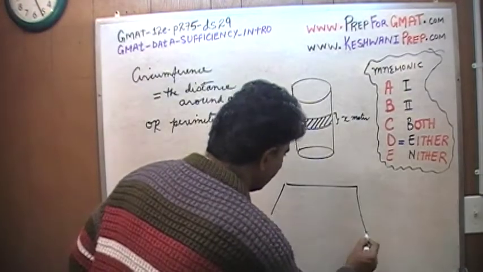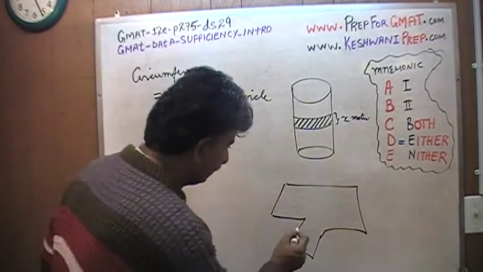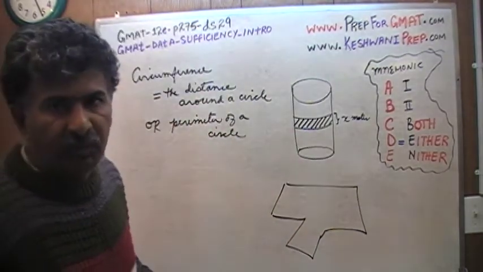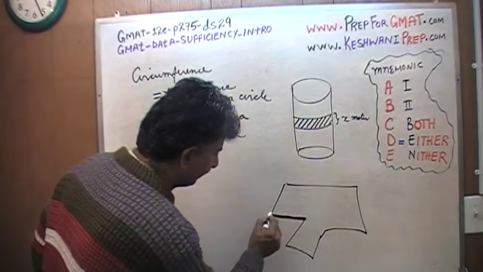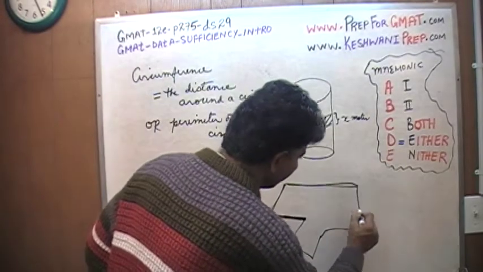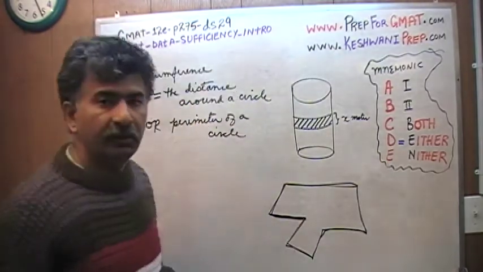If I draw a picture, what's the perimeter of this picture? Well, in other words, if I were to walk around this picture, how much would I end up walking? If I start my journey here, from here to here, that distance plus this distance plus this distance plus this distance plus this one plus this one plus this one plus this one is called the perimeter of the